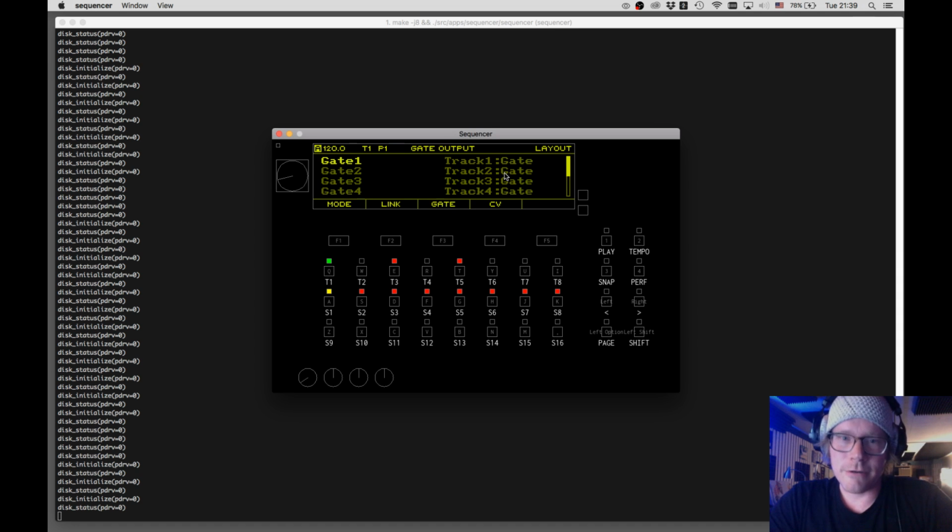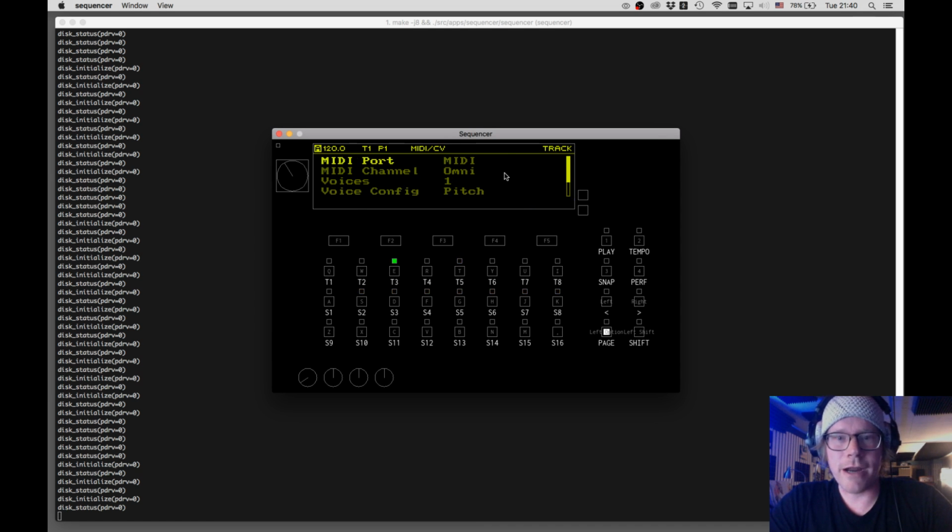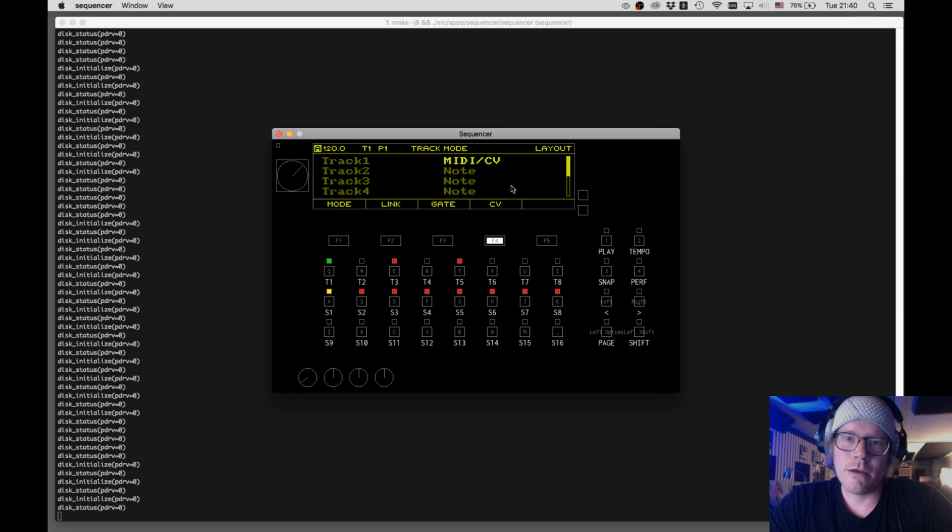But things are a bit different if, for example, you use a MIDI CV track, because now this track can actually use, let's say I use 2 voices, and the voice config is I want to output pitch as well as velocity. So now you need 4 CV outputs for one track. And so you can do that by just